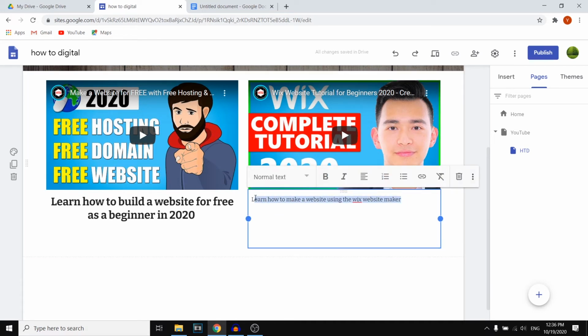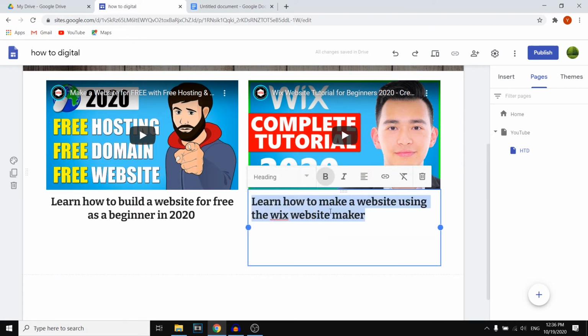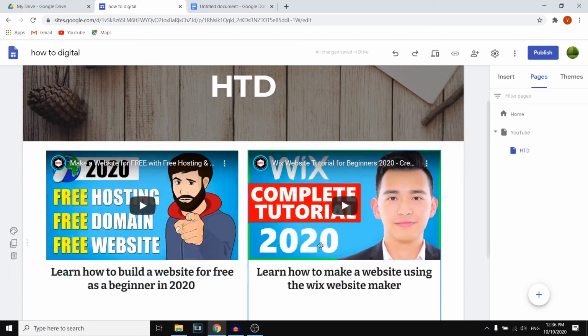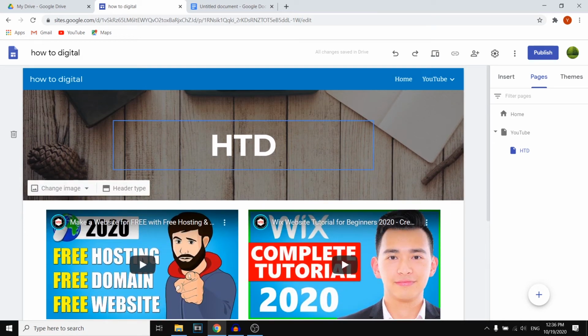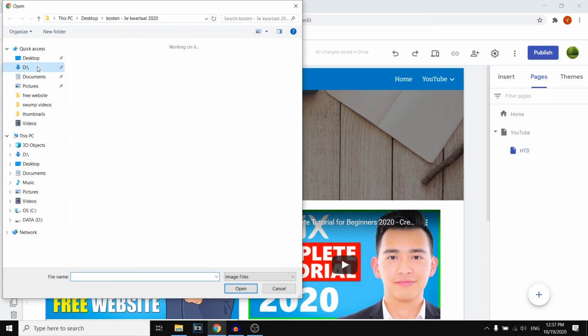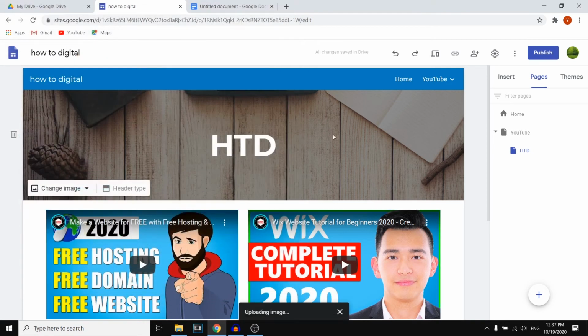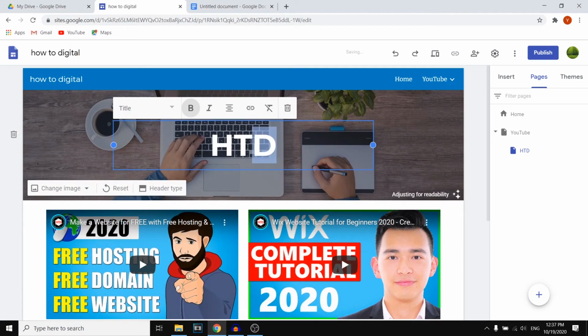Now what you can do while optimizing text is you can change the font, like the heading. So I want to make this look like that, put it in the middle, and there we go. So right now we've got a pretty cool section. Now what do you need to do if you want to change the header of a page? What you can do is select it, and right there you can click change image and you can upload images. So for example, if I wanted to go with this as my header background, I select it and it will then show up.